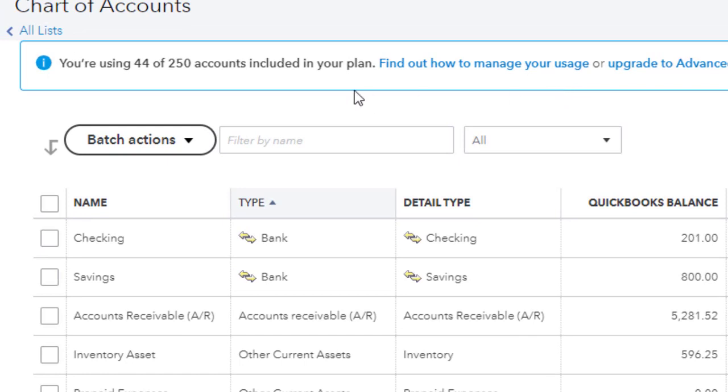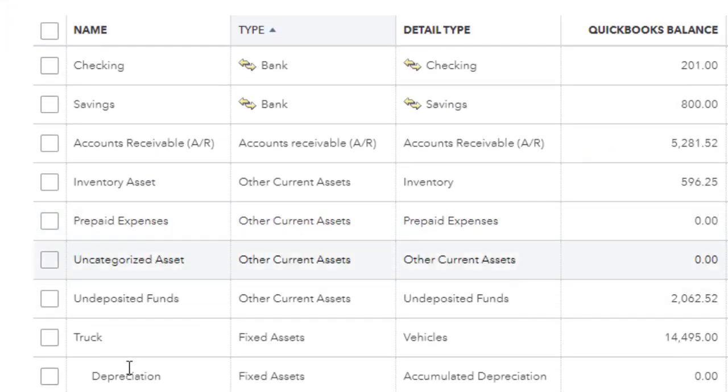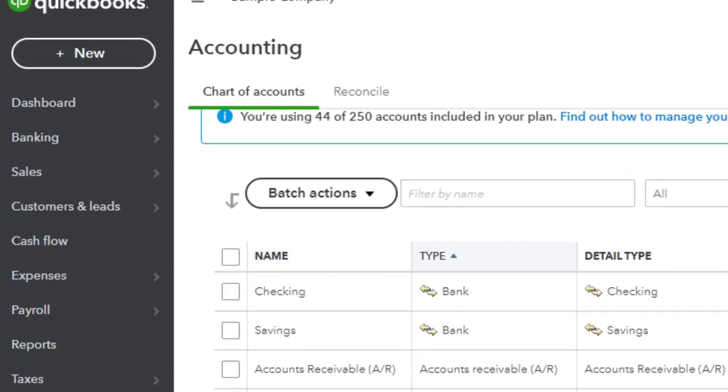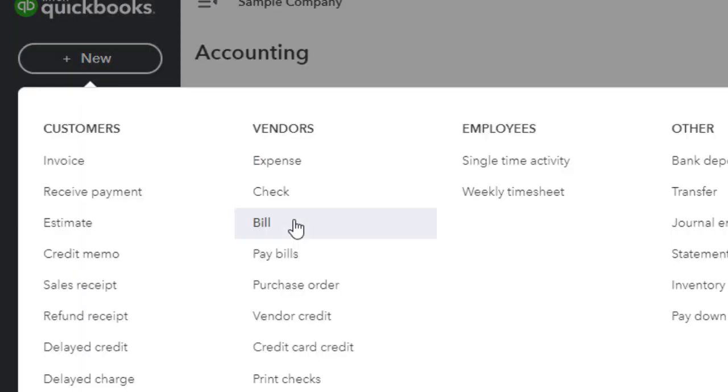Now, what if you wanted to buy the truck but using a loan? So the truck account is already set up, so now you want to just buy a new truck but using a loan. You can't use a check, obviously, because it's a loan. So what you're going to do is a new journal entry. So if I go to new and then journal entry,